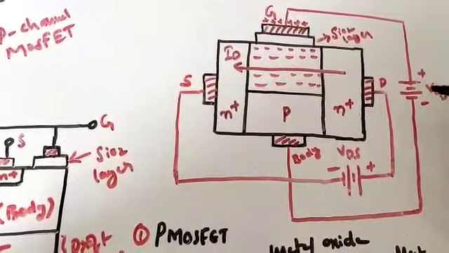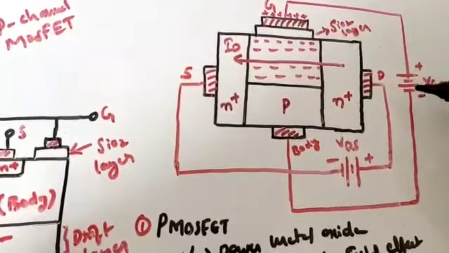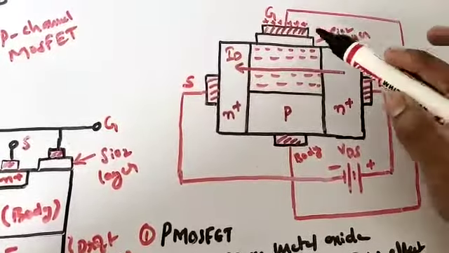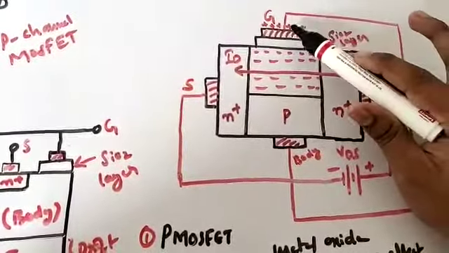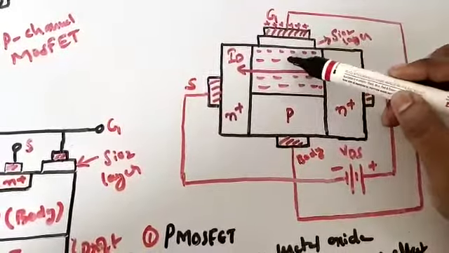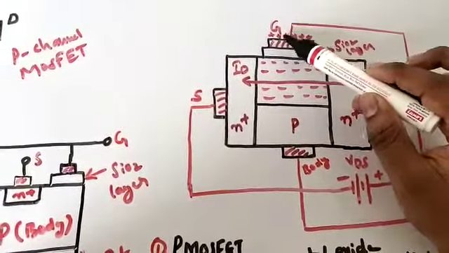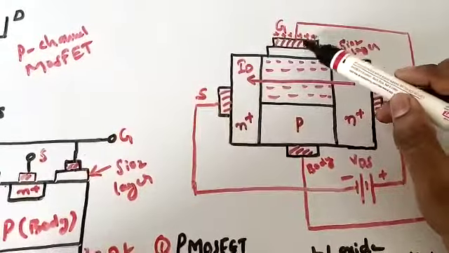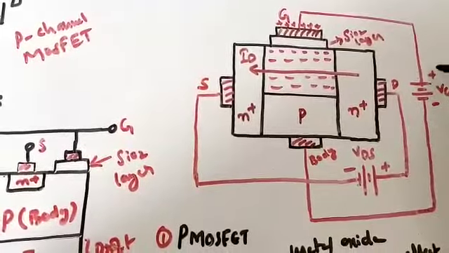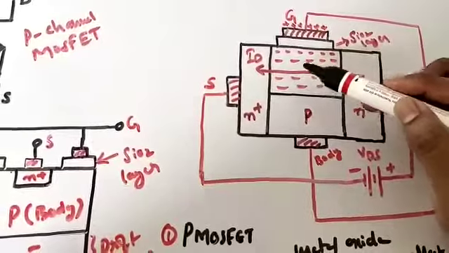So let us focus on the working of power MOSFET. What we are going to consider is when we apply the voltage VGS, right? When we apply voltage VGS, the SiO2 layer acts as a capacitor and hence induces positive and negative charges as shown in the figure. Positive charges have been induced, plus plus plus plus plus, and negative negative negative negative negative, right? Now if I increase this VGS voltage, more negative charges will be created, right?